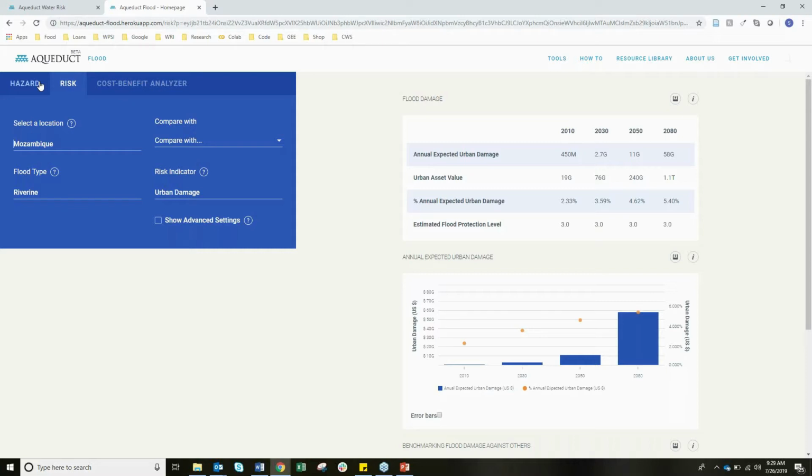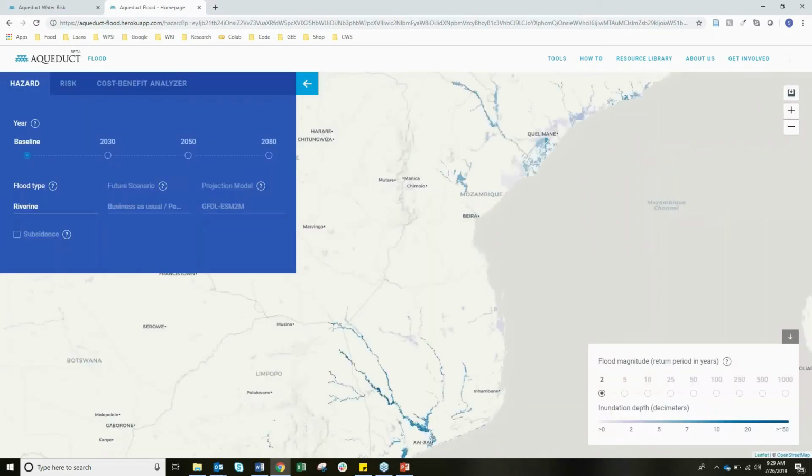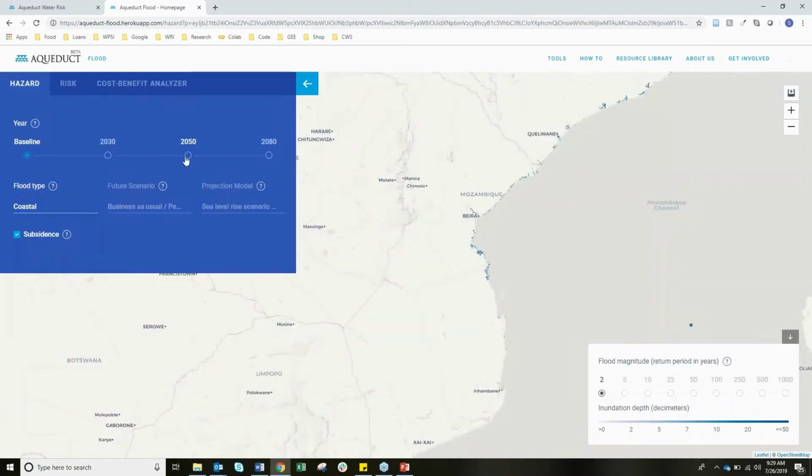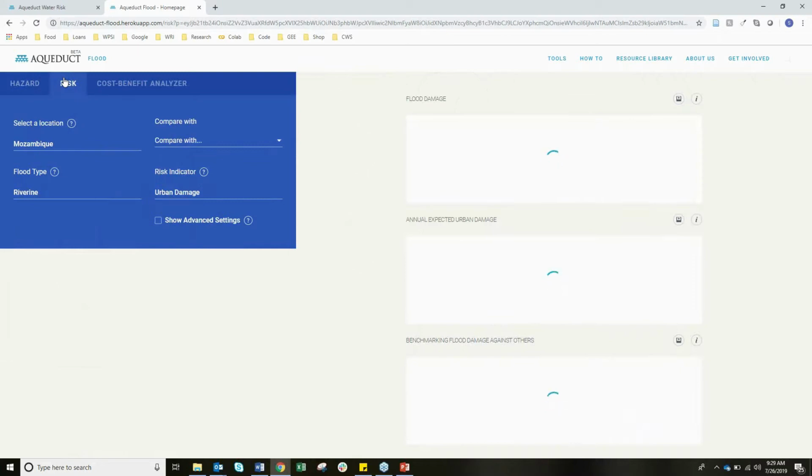So first, let's explore the actual flood hazard. On our flood hazards tab, we can see inundation depths for both riverine and coastal floods. We can see how inundation intensifies with greater flood magnitude. And we can also see how inundation changes through the years, looking into the future. Now, to understand the risk better, you can move over to our risk tab.